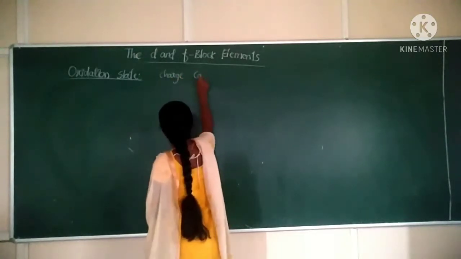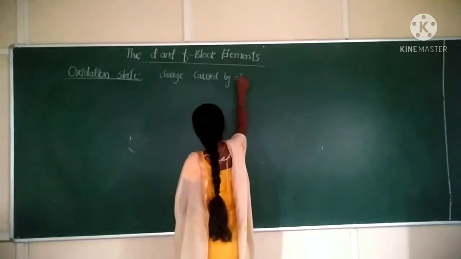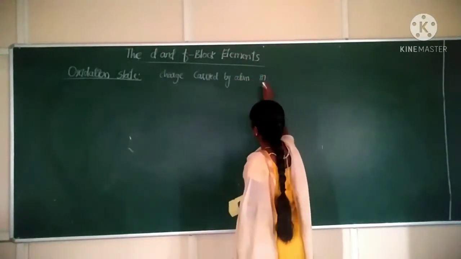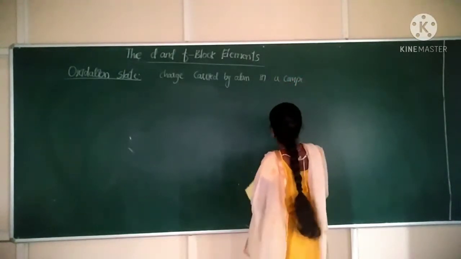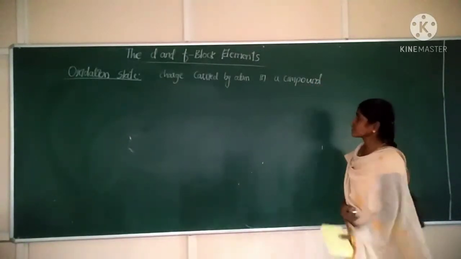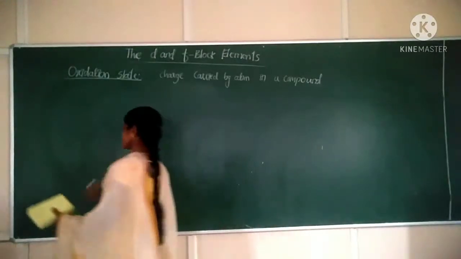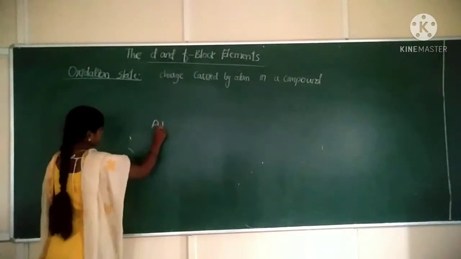Charge carried by an atom or ion in the given compound. Charge carried by an atom in a given compound can be called as what? Oxidation state. Now we know that in case of alkali metals,